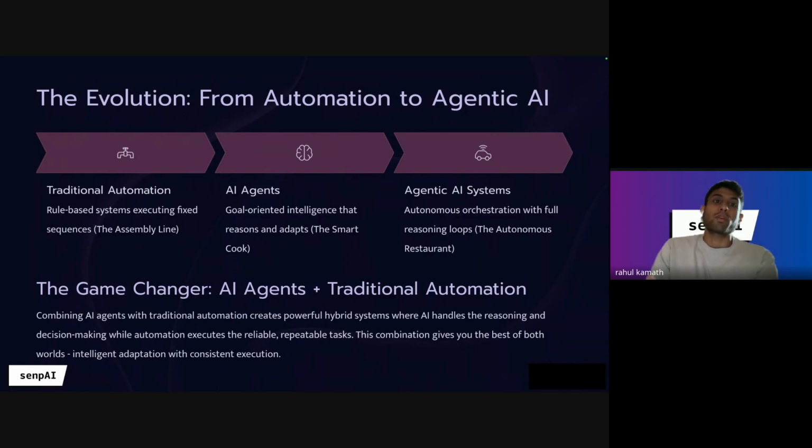When your process is SOP driven and should always be deterministic in nature, as simple as when you order an item on Swiggy and the bot needs to give a refund because you never received the order, there's no reason to add AI for it. You paid 500 rupees, you're going to get a refund of 500 rupees.